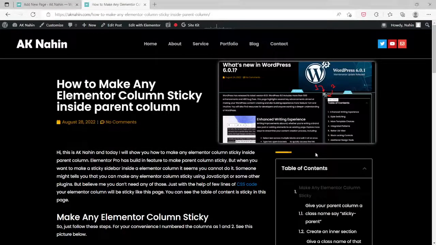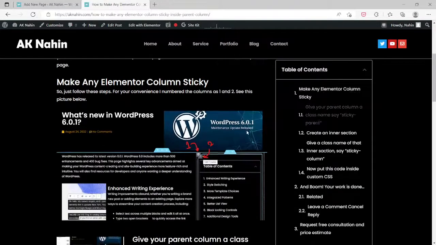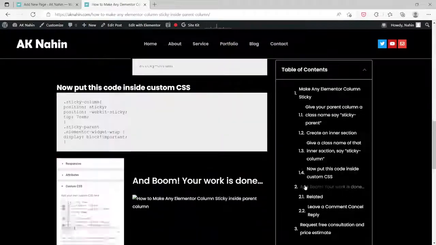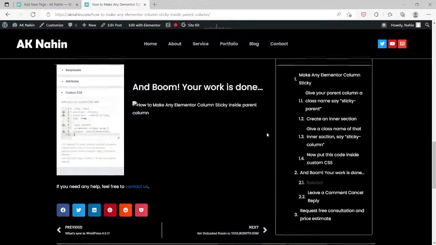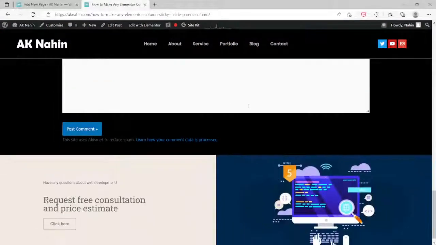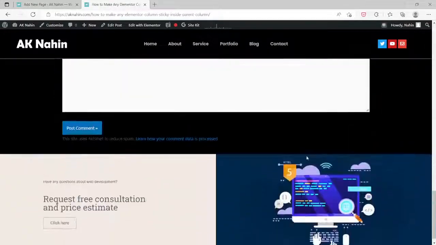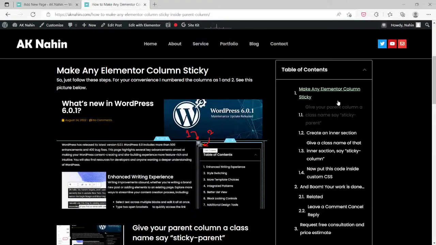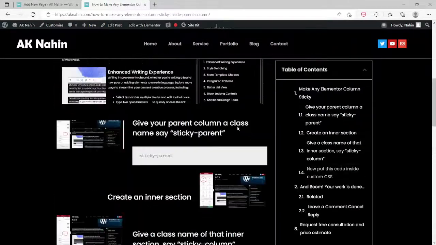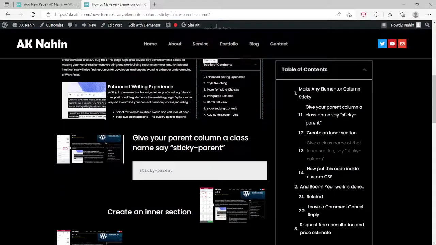Hi everyone, in this video I'll show you how you can make a column sticky like this inside an Elementor container. So it will be fixed in a container, and like this you can put your table of contents here. So for this you have to go to